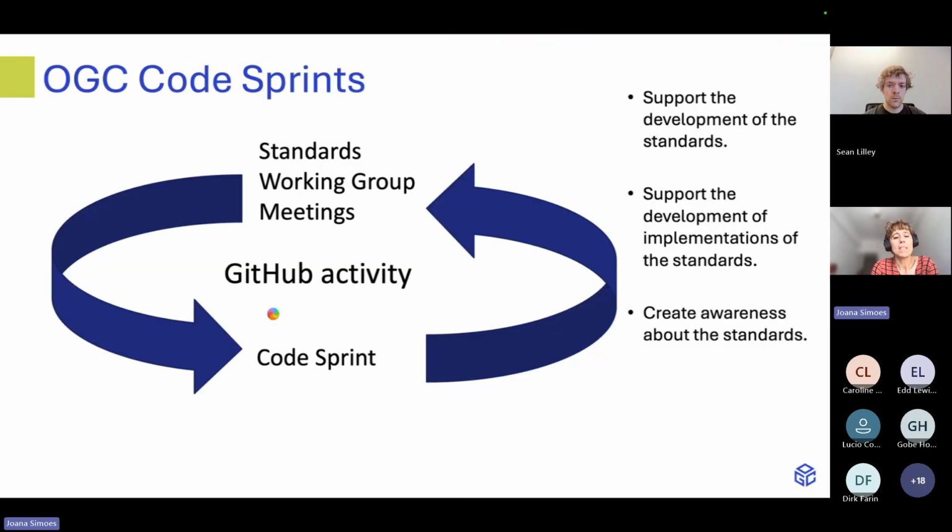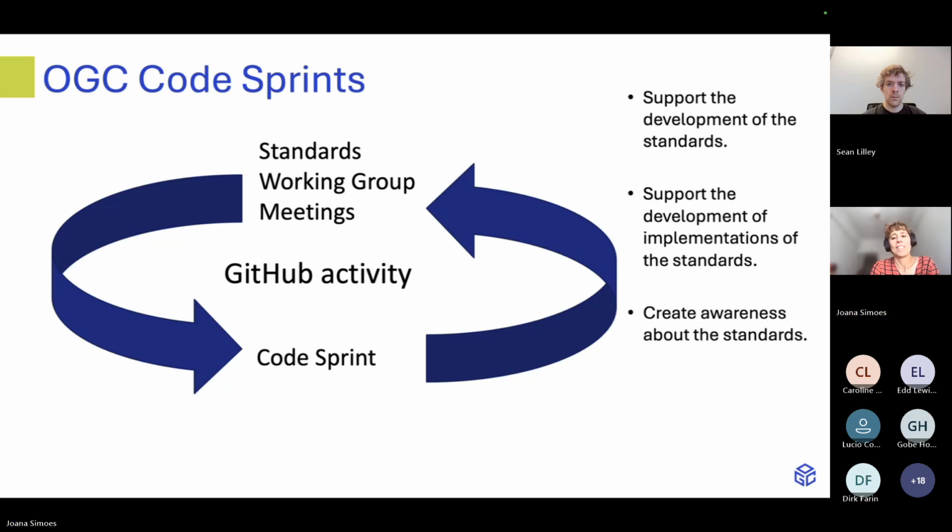So the code sprints are part of the standards development process. In fact, they are a very important part, along with the standard working group meetings and GitHub activity. They allow us to put specifications to the test, to prototype new ideas, and to have in the same room the people who develop the standards, the editors, and also the people who implement the standards, the developers,